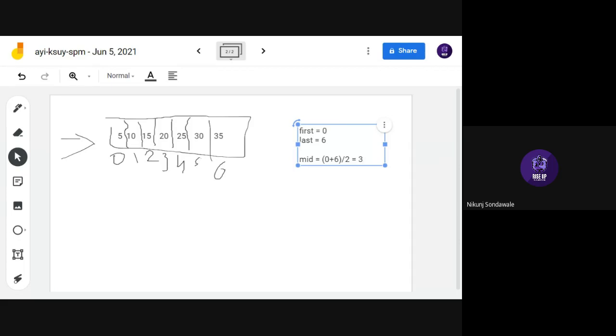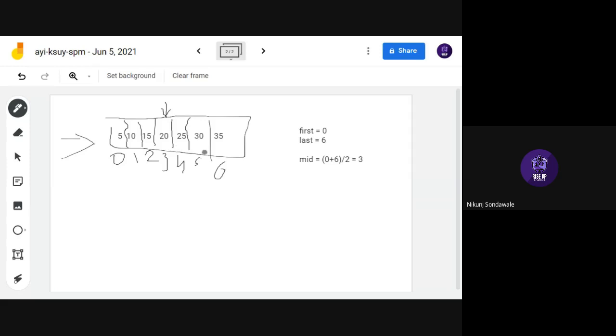This is how you find the midpoint. And here you have found first, last, and mid. So how does binary search work? First of all, you take the midpoint. 3 is our midpoint, so the third element is our midpoint now.